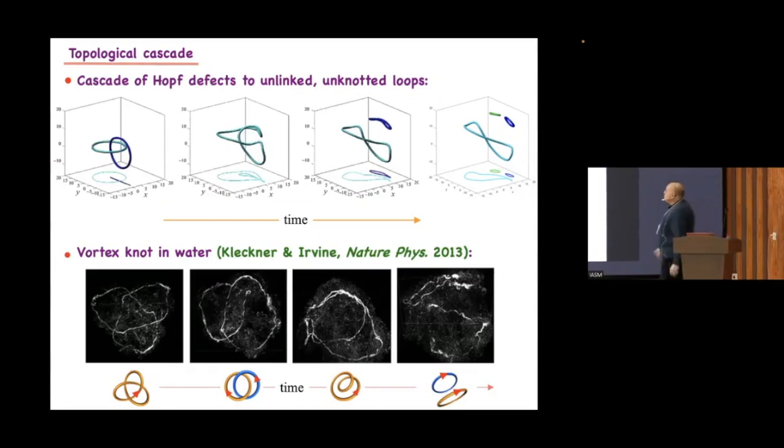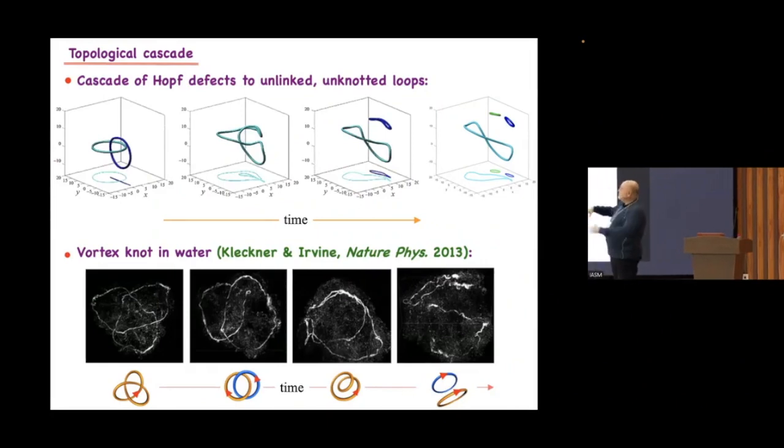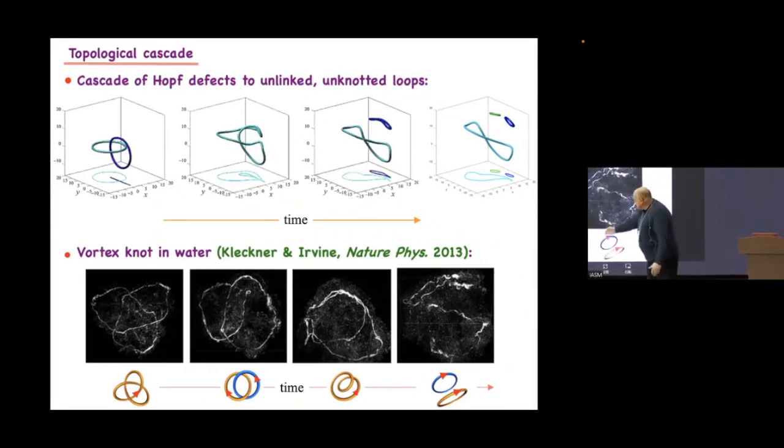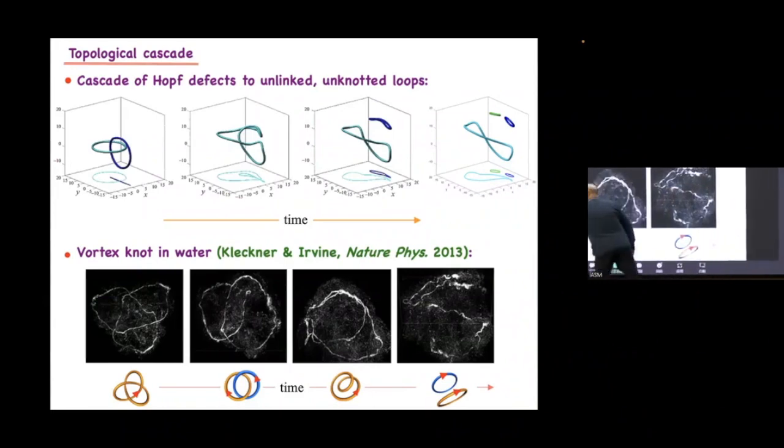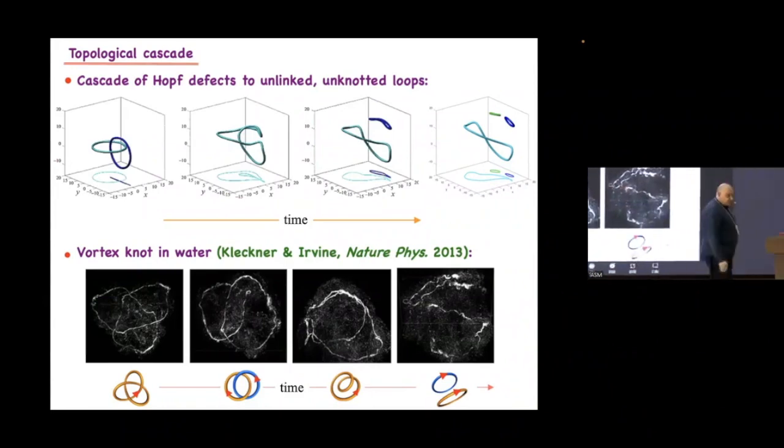Now, more or less, you see that this sequence, I can show you also the trefoil, but this sequence is similar to this one. So you have a jump from, say, a link, to an unknot, to 2 knots, and 3 loops. Here you start from above, but you can start also from the trefoil.